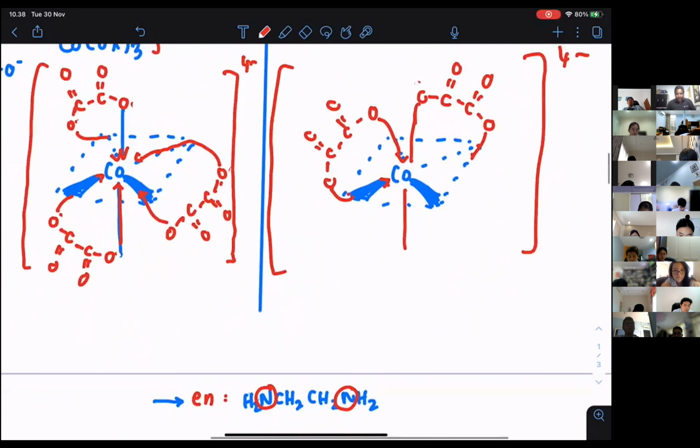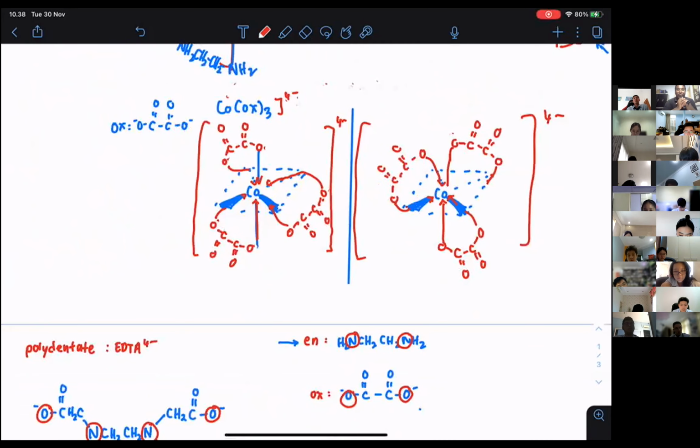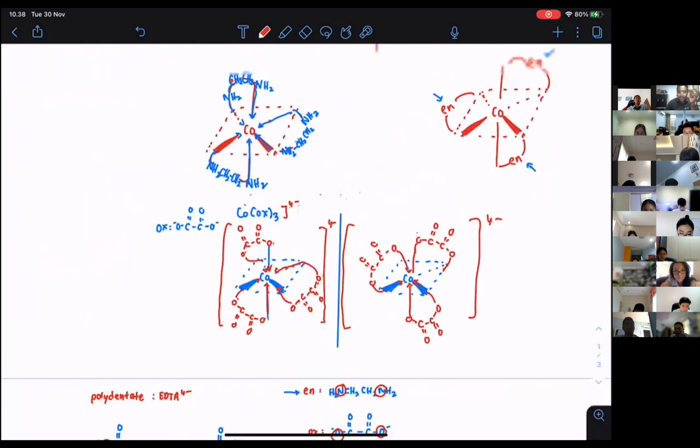And then this part is going to be C double bond O, C double bond O, O, so they will go here. So this is how you draw related to this optical isomerism. I hope you can understand this completely. Okay, so the next step is just